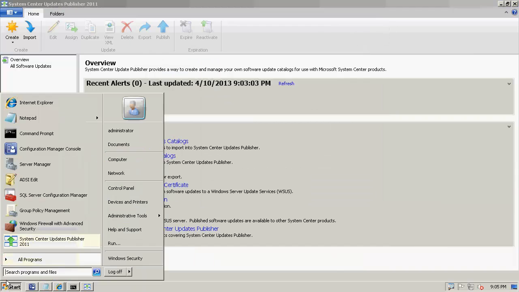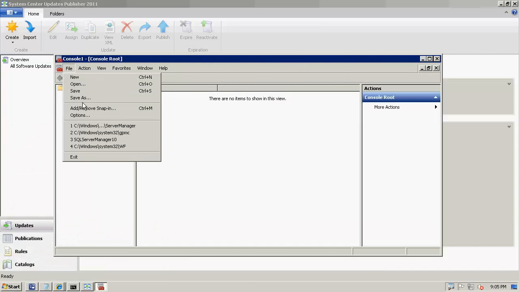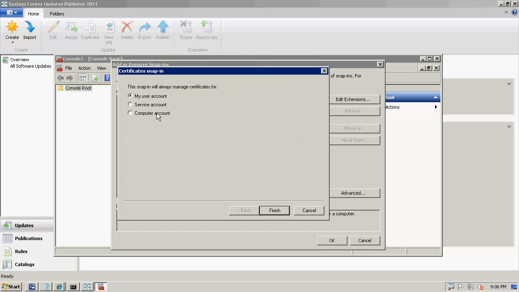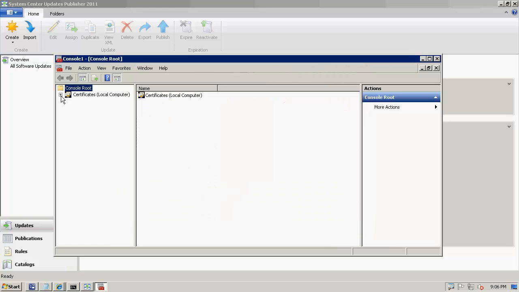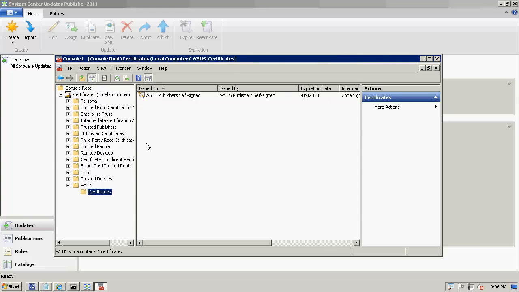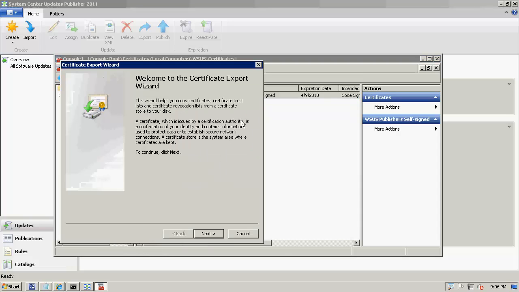And the next thing I'm going to do is open an MMC snap-in. And I'm going to add these certificates for the computer account and click finish and then OK. From here we should have a WSUS folder, and this should be where it's going to place our WSUS publisher self-signed certificate that we created within the SCUP console. So we're going to want to export this